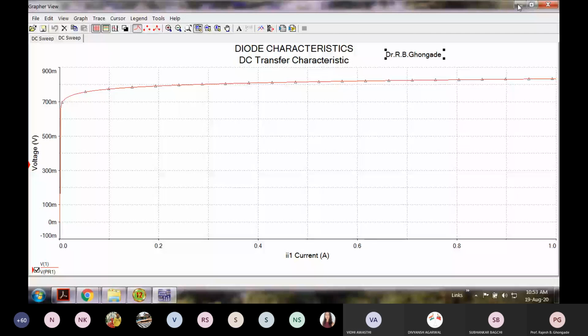I hope you are using Multisim for other courses also, for digital electronics. I guess you must have started using Multisim. Till now we are using it only for EDA practicals. Why? You can use Multisim for digital electronics also.